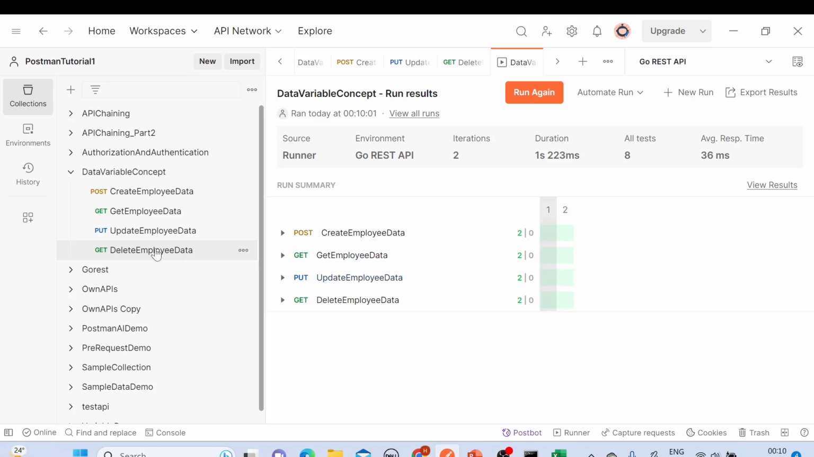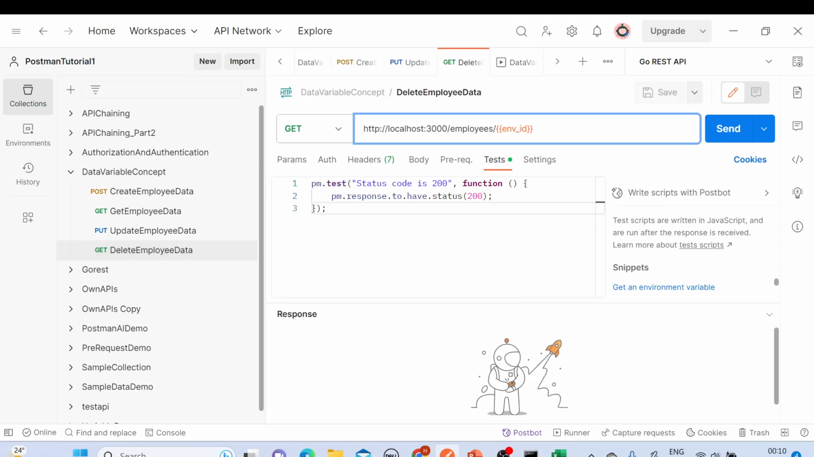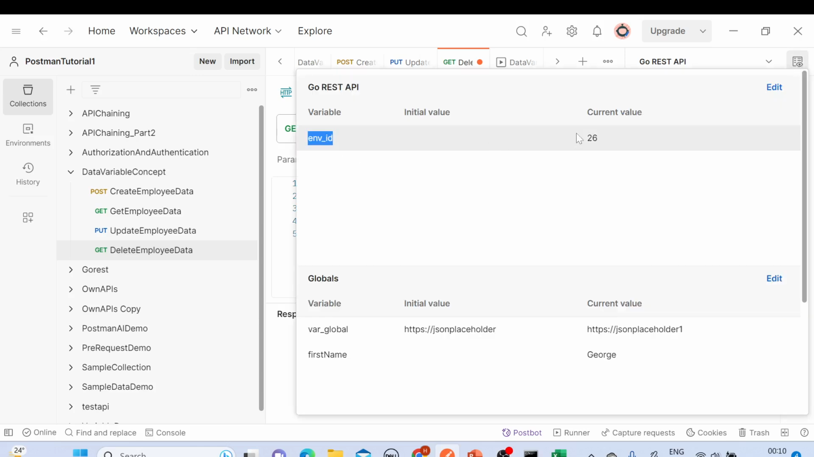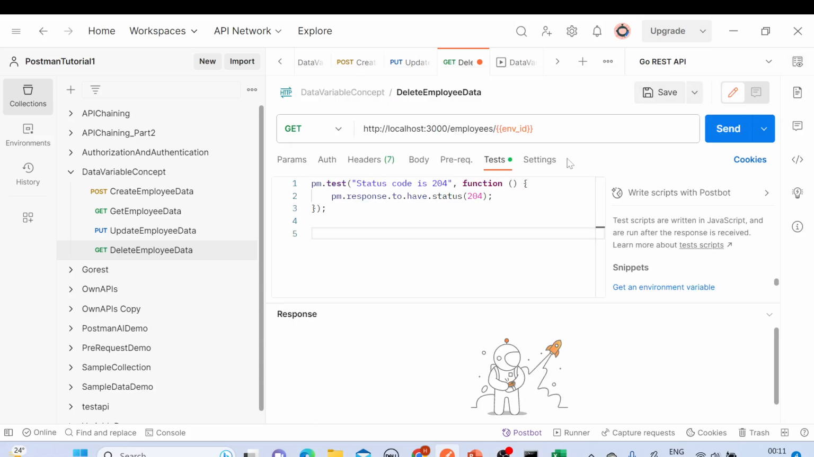Now let's do a couple of more things. So in the employee data, delete employee data, what we'll do, let's say we are expecting 204. Just for an example, like we deliberately want to fail the test case. Okay, and let's do one more thing, let's see whether this has been created or not. So if you go to environment variable, here you can see environment ID has been created. The current value is 26. Now after setting this environment variable, there is no use of this environment variable. So what we'll do,